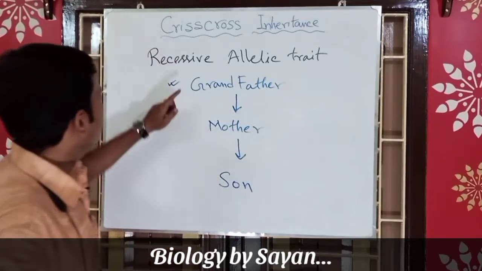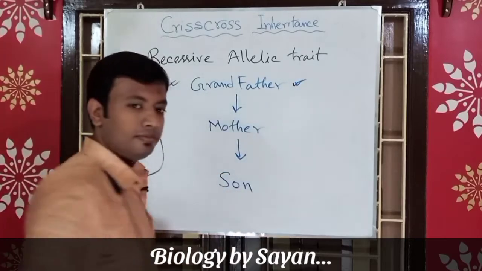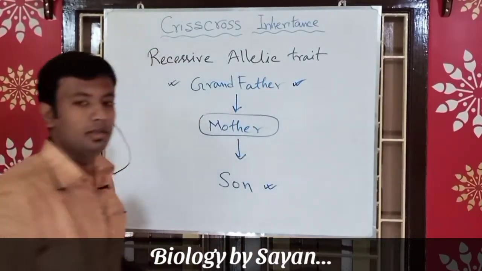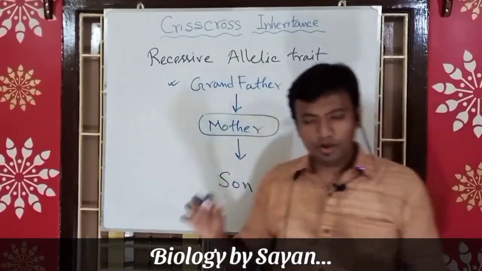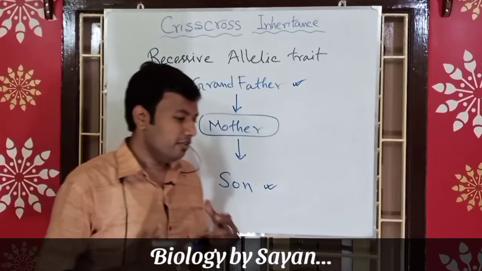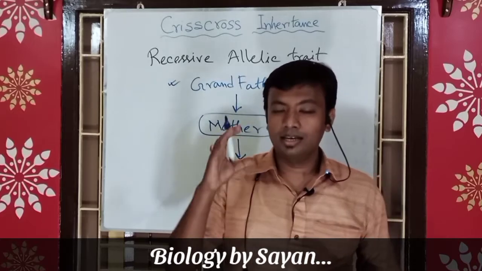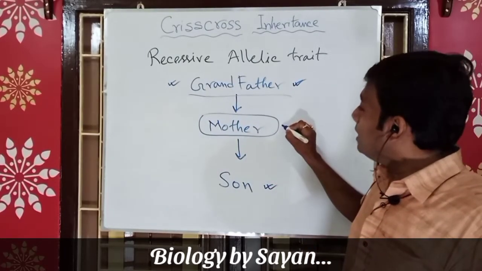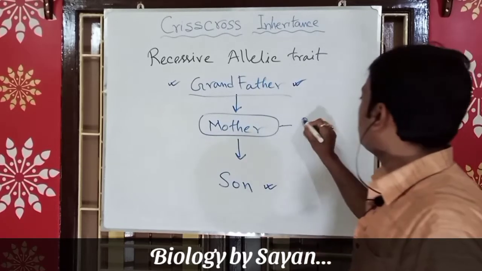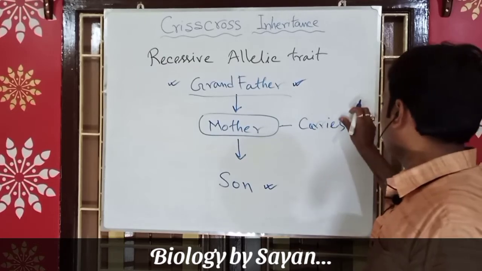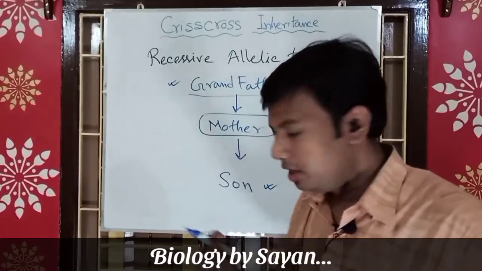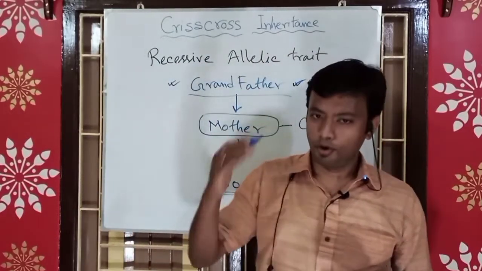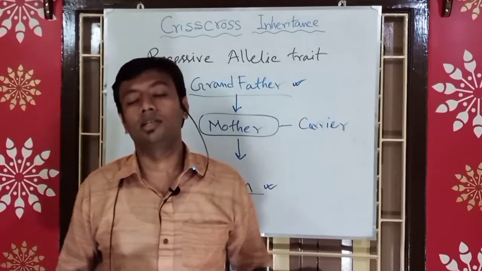Here you have to remember one thing: the genetic character may be expressed in my grandfather and definitely expressed in me, but it will not be expressed inside my mother. So this is the phenomenal importance of crisscross inheritance. It's a rare pattern of inheritance where the allelic character skips one generation. This may be present in the grandfather, the gene may be present in the mother in the form of a carrier, and that particular gene will again be expressed in me as a son. So the transmission of a particular allele from my grandfather to me through my mother is known